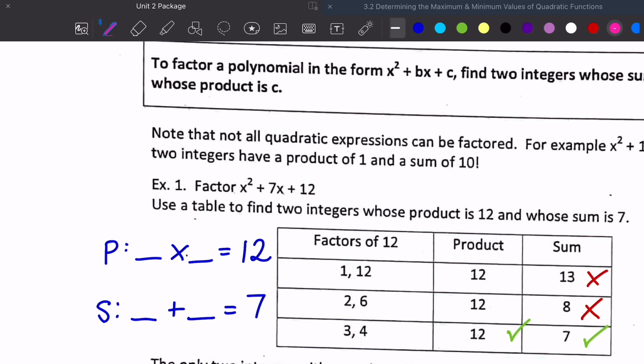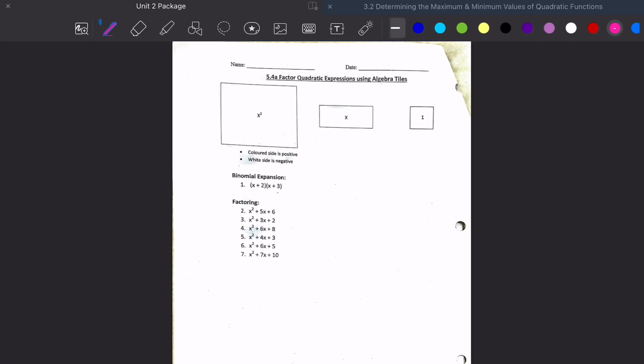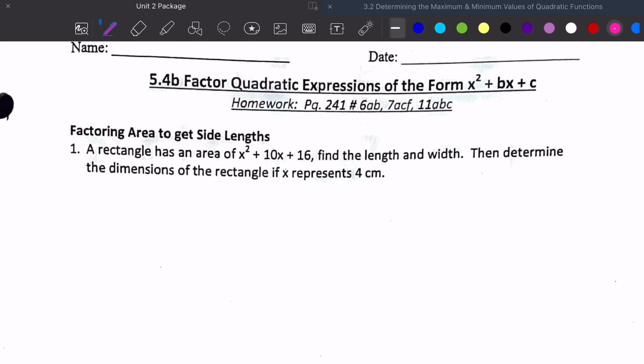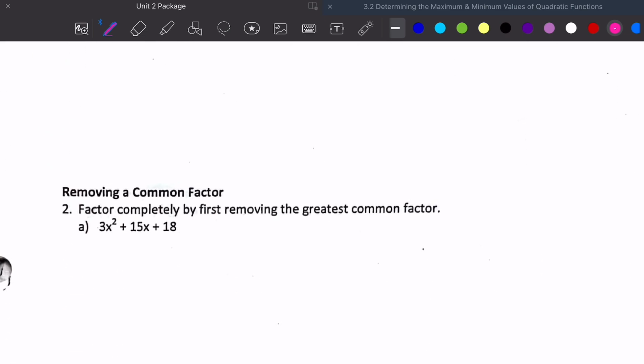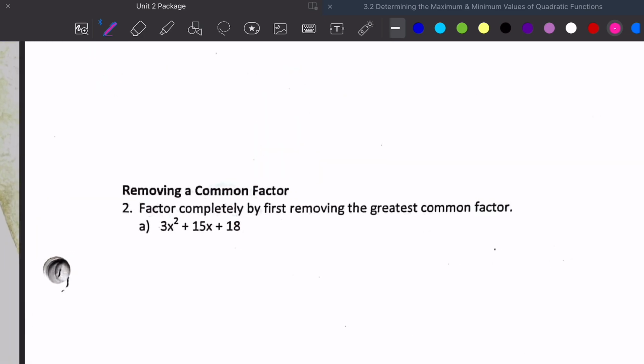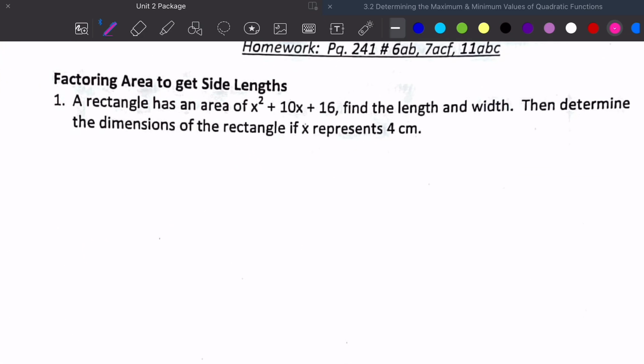Okay, so that was what we did yesterday, just testing those. And then whatever our two integers are, we put those numbers into brackets. Today, what if there is a number in front of your x squared term? What if there's a coefficient? That's what it's called, a coefficient in front. So we're going to learn how to factor some of these. But first, to prep you,